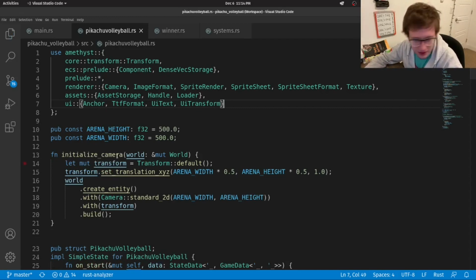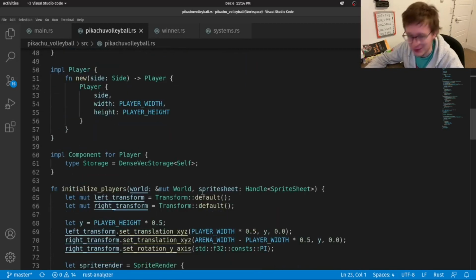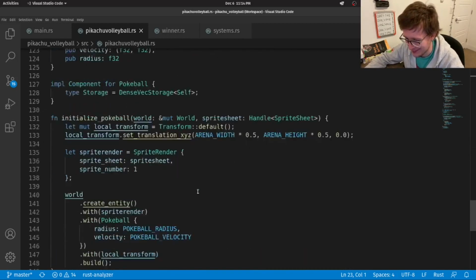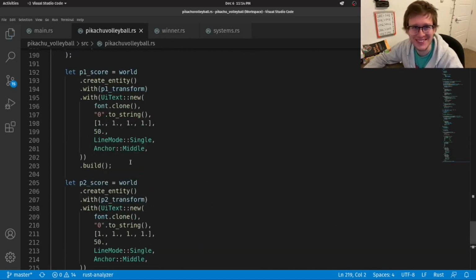Okay. And now we will actually implement the score text. Now, this score text implementation is not very pleasing to look at. So honestly, I just recommend that you go on my GitHub and you copy and paste it, because it will be very annoying to just write this down.